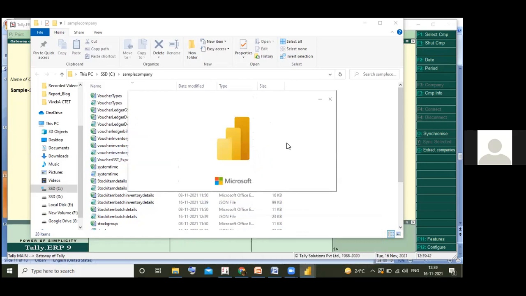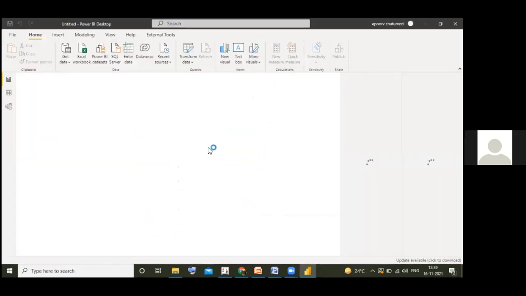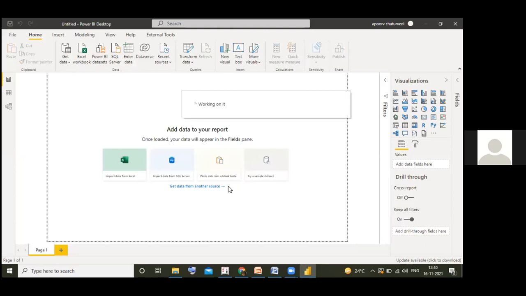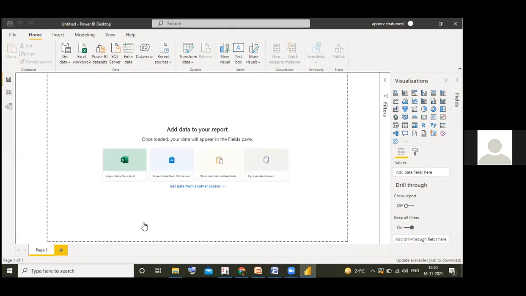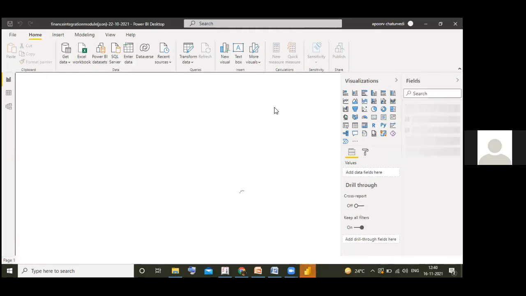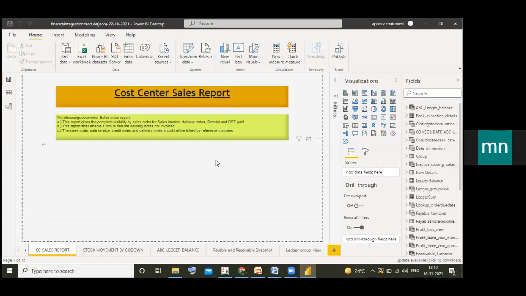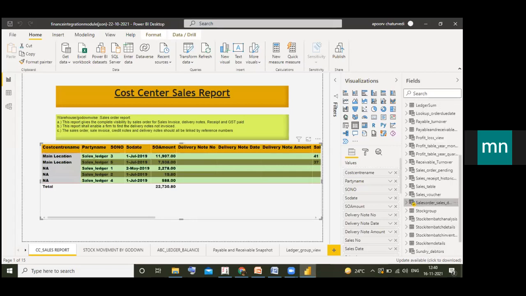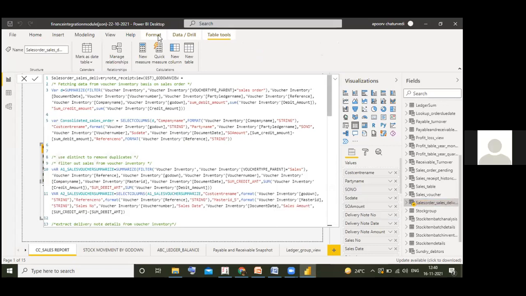It will take a few seconds. This is my DAX code for that.